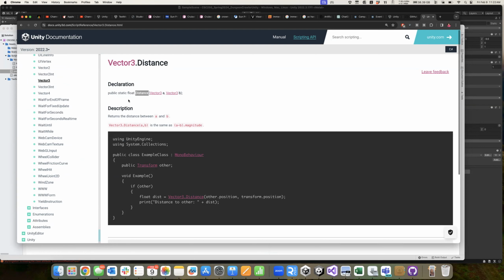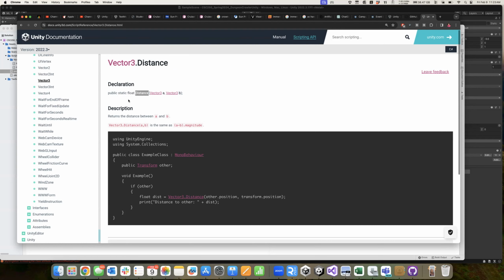So if you think about it like a line, how long is that line if we drew a line between two game objects, something like that. Sometimes that distance might be helpful. Maybe in a game, you might decide, okay, well, I'm going to stop moving as soon as the distance is less than 1 or something like that. So instead of occupying the same space, you might say, well, let's just get them close to each